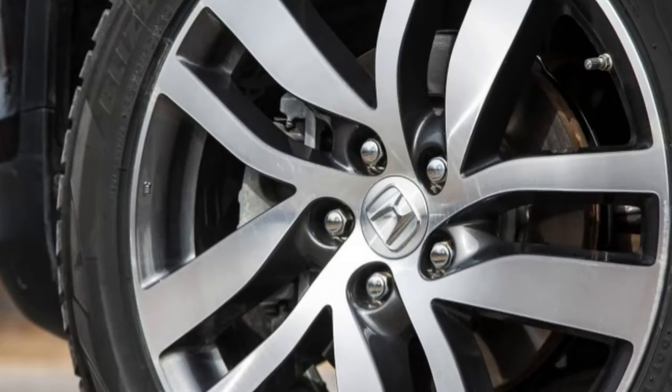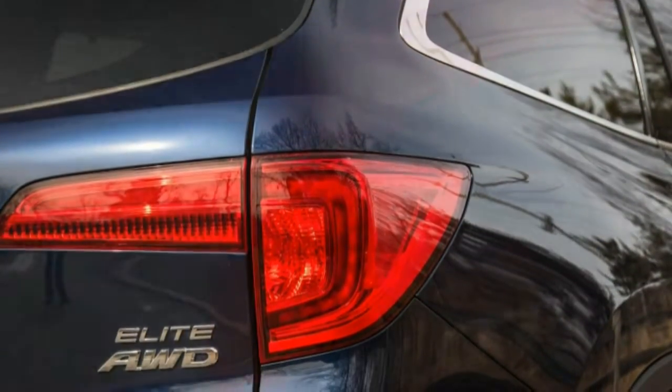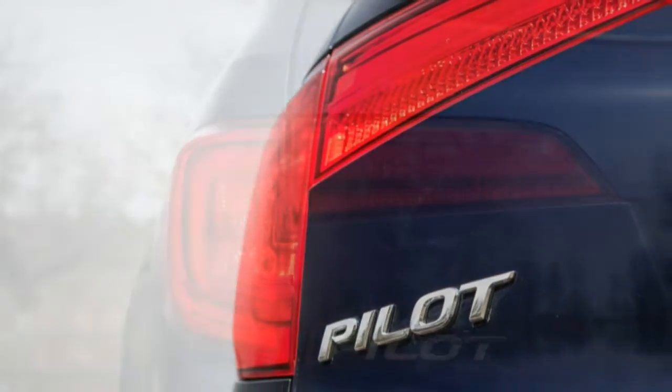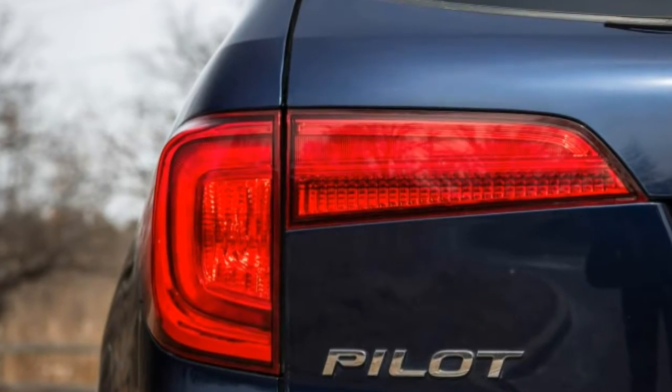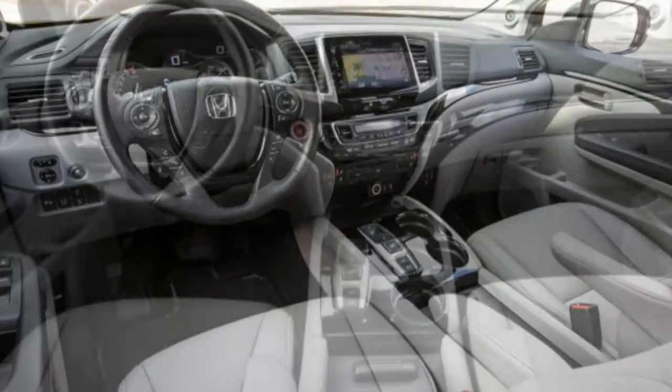At a base price of $31,045, an entry-level front-wheel drive Pilot LX includes a rear-view camera, push-button start, a tilting and telescoping steering column, and a stereo that includes Bluetooth and USB connectivity. By the time you've ascended to the penultimate